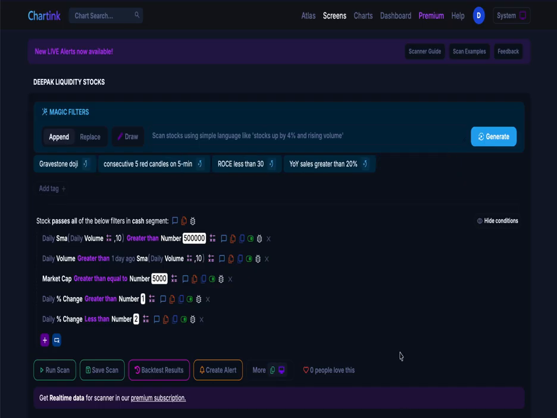So we are on the website Chartink. You will get the stocks where the volume is increasing in the last 10 days, and I suggest the stocks which have volume more than 5 lakhs. So I put the filters in the charting. You can see the filters: the daily volume should be greater than 5 lakhs and the volume should be increasing in the last 10 days. I suggest going for stocks which have high liquidity, more than 5,000 crores